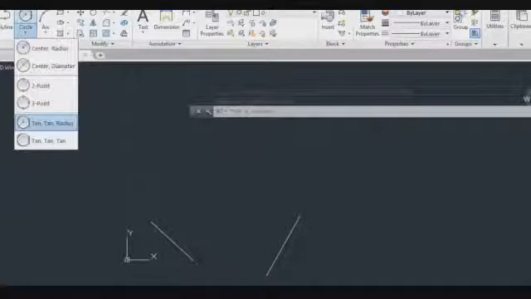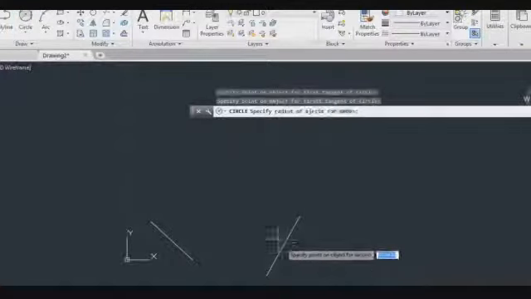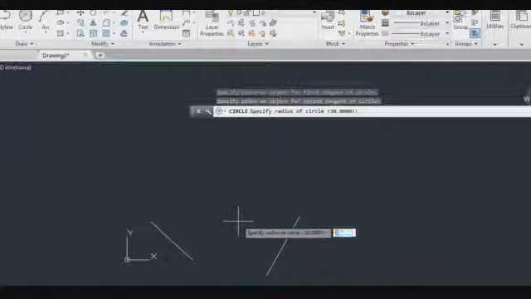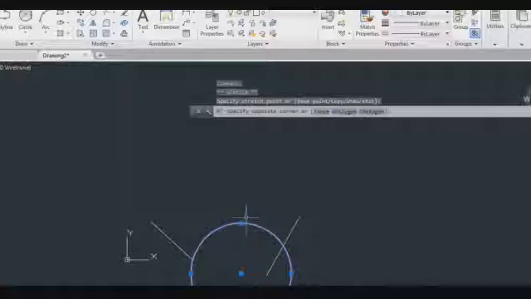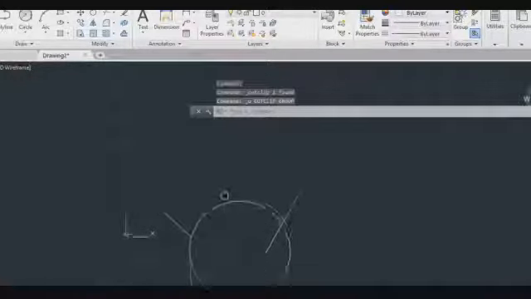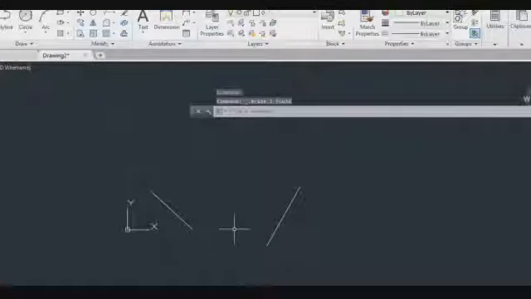Next we have the tritangent circle. I will create one more line. Before that, for the tangent radius circle, you can give any points randomly.